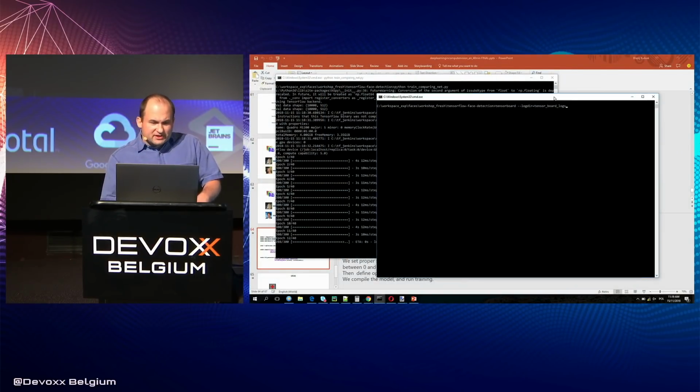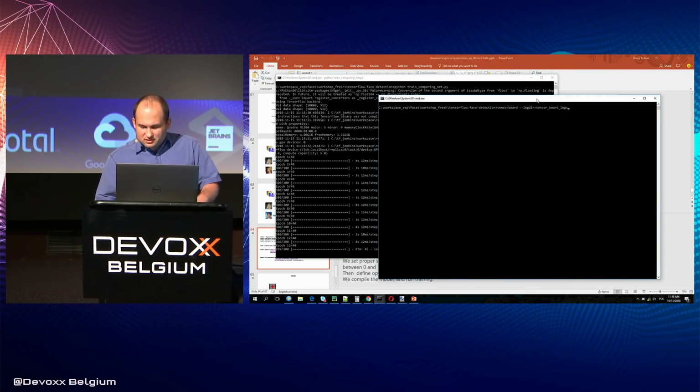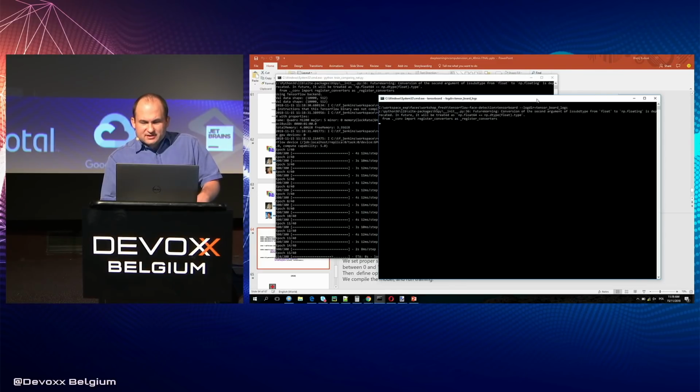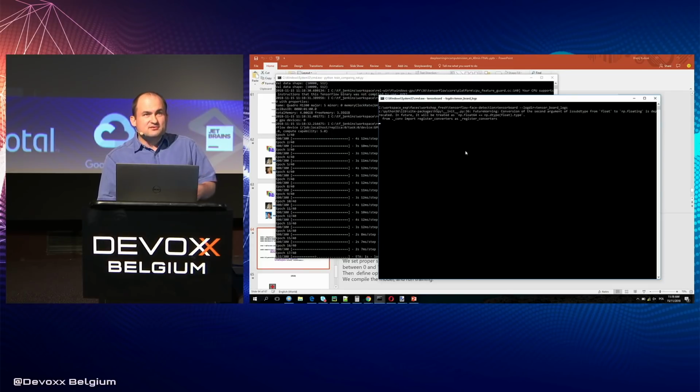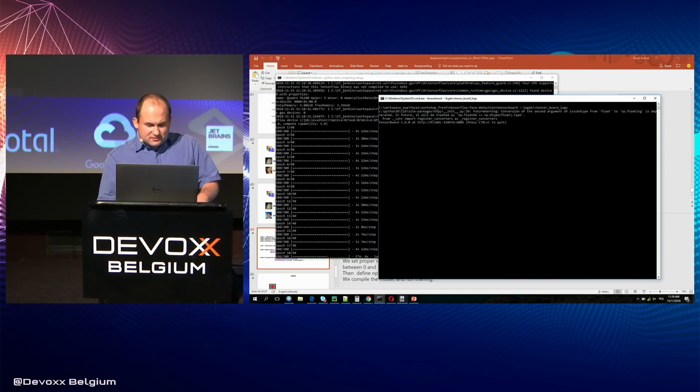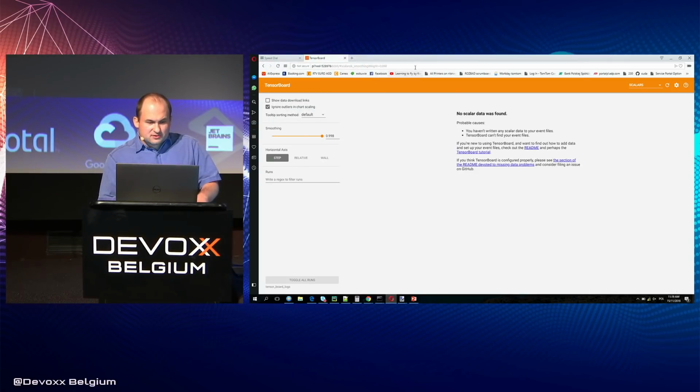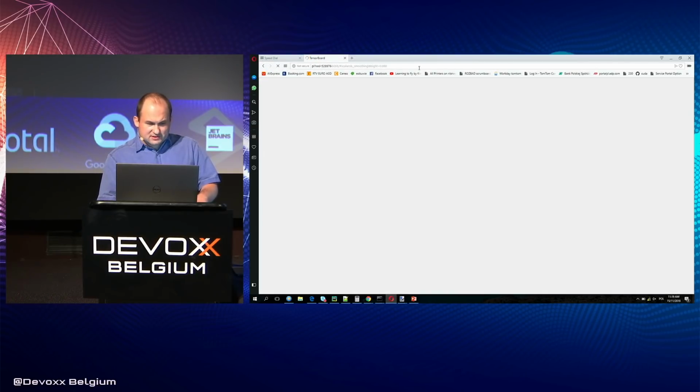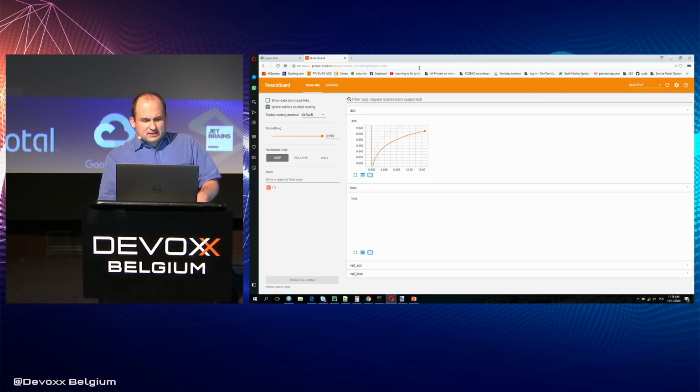So when we run Keras with the Tensorflow callback, it writes special logs, and then we can open Tensorboard. It is a very basic service that runs on your computer and reads the logs. And when it has started, we can go to the browser and see what is going on with your network.